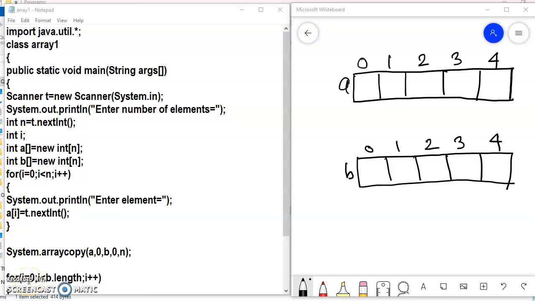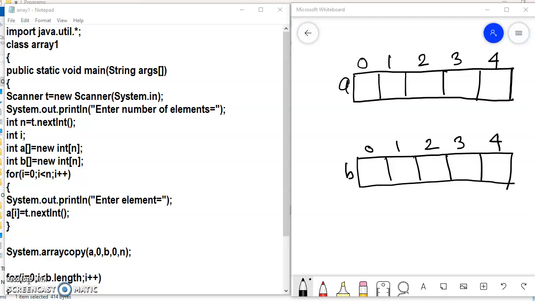Hello, in this example we are going to see the program of a single dimensional array. A single dimensional array, we all know, is an array which contains a single row and multiple columns. In this program we are going to accept one single dimensional array, that is A, and copy all the array elements inside another array. And of course, as a result, we are going to display the final copied array.